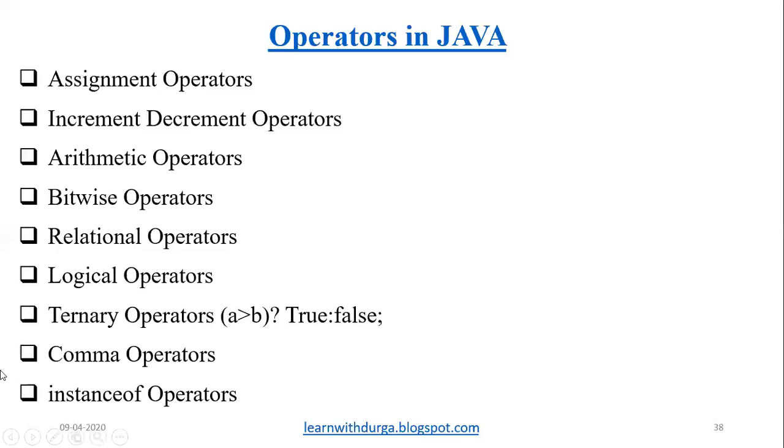The ternary operator is going to have three parts. First is the condition part, then the true part and the false part. That is why it is called a ternary operator. Other operators, bitwise, relational, logical, and arithmetic operators, are called binary operators. The increment and decrement operators are called unary operators.